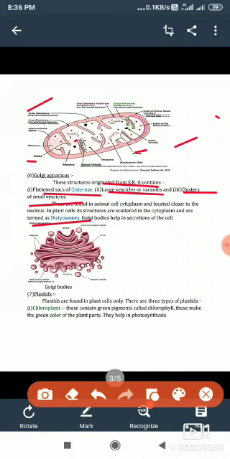Golgi bodies are mainly doing what? They are performing secretion for the cell. What do they secrete? They secrete enzymes, they secrete hormones. In some cases, in the sperm cell, they secrete the acrosomal cap of the sperms, etc. Their work is secretion for the cell. So let us keep up to this in this discussion. In the next video I will tell you about the rest of the organelles.